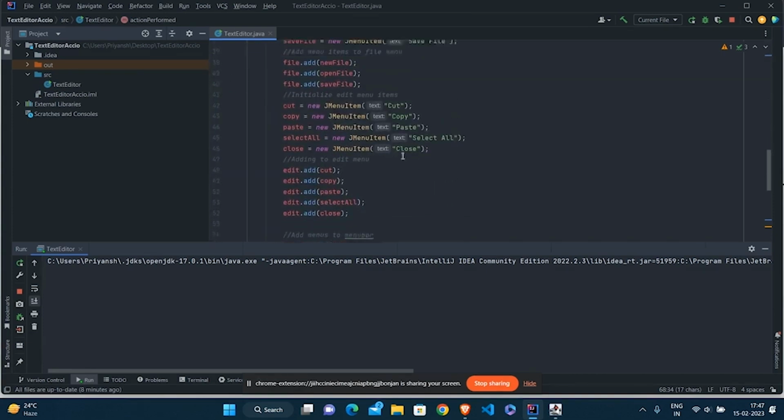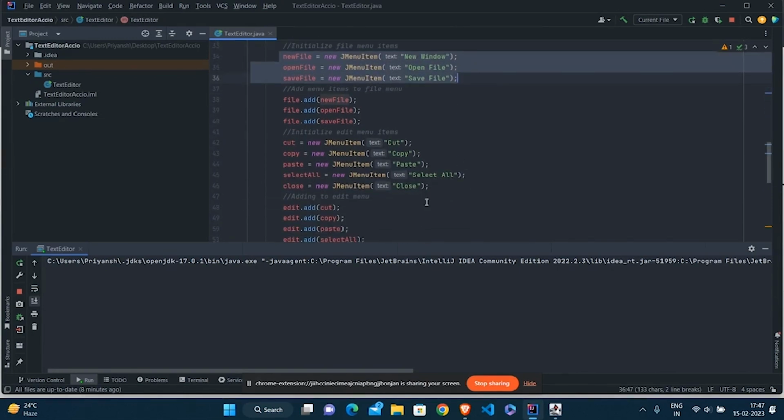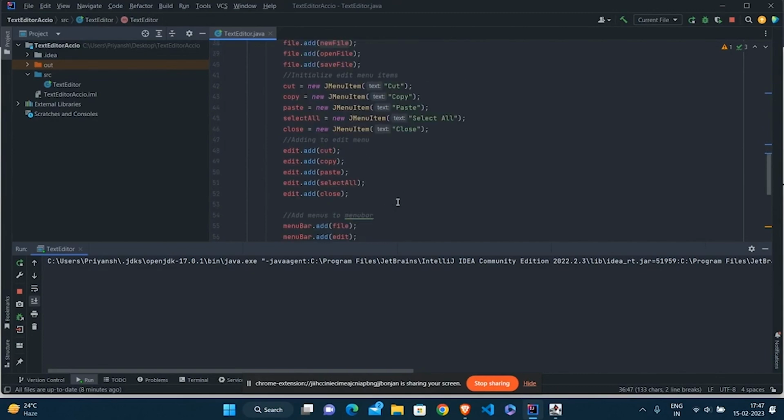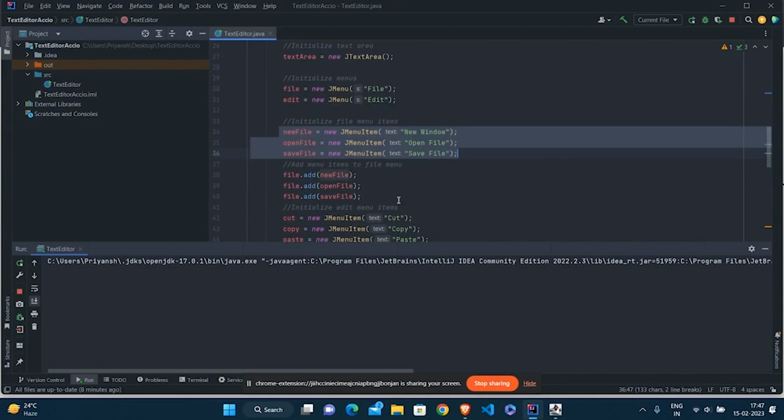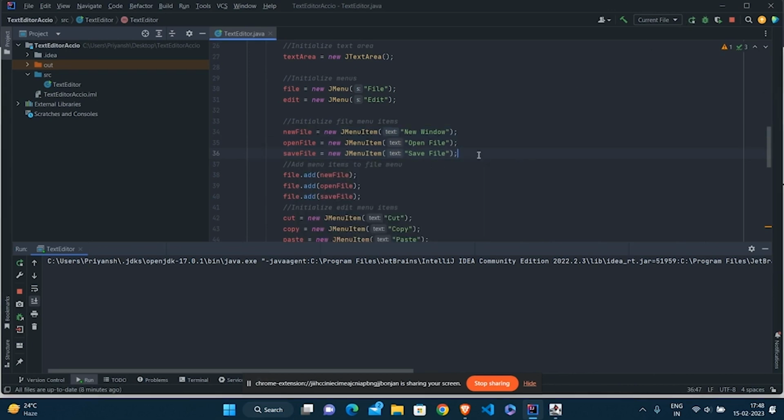So what we need to do is add the action listener to these menu items, so that the action listener knows that here an action event can occur. Okay, so how are we going to do that? After initializing all of the menu items, before adding them to the file menu, we need to add the action listener